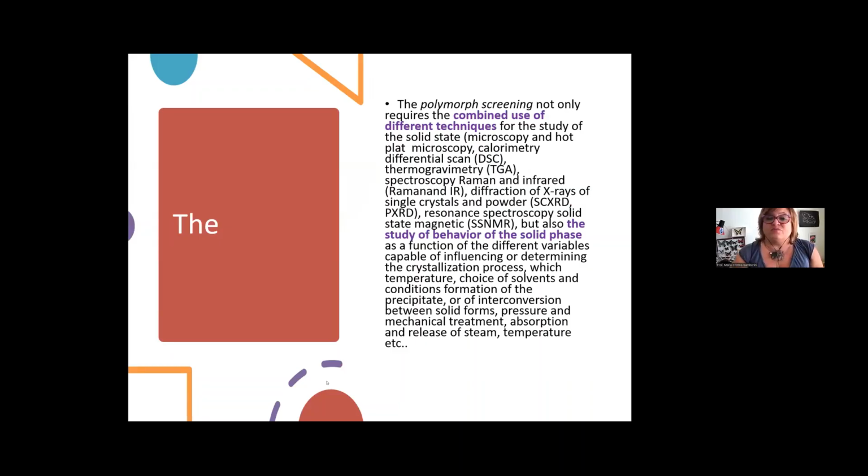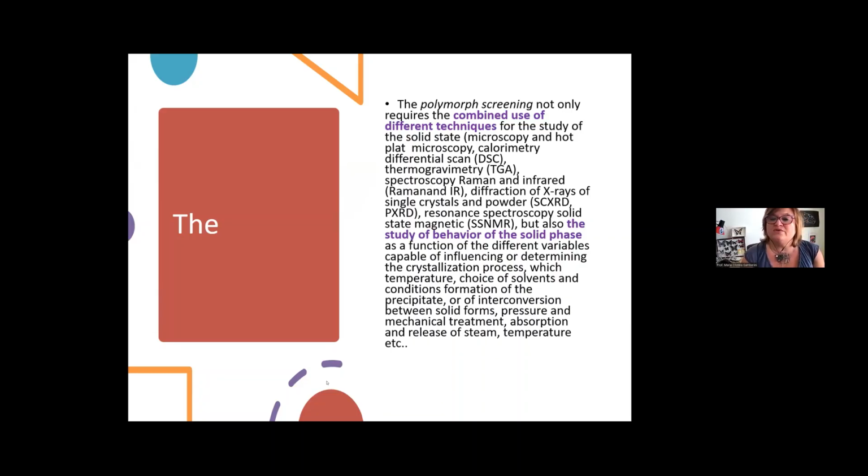And so how do we do the polymorphic screening? Well, actually we use different techniques, not only one. Now I'm going to discuss the results with one. We use DSC, differential calorimetric